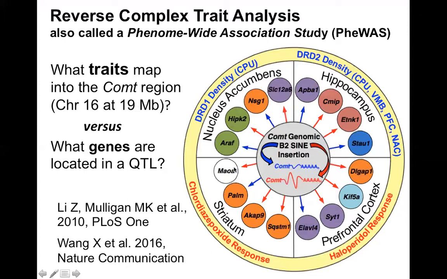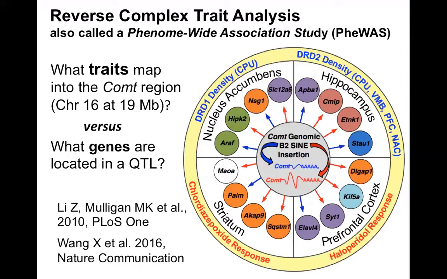And you can see here, for example, that monoamine oxidase is controlled by catechol-O-methyltransferase. And we know that that's a causal relationship because we can do the genetic mapping. And the genetic mapping says that the variation in this gene is directly causal to the difference in monoamine oxidase expression. We can also go up a layer and look at protein levels. So here we're looking at DRD1 protein density. We can look at neuropharmacological responses to drugs such as haloperidol, etc. So this is a fairly new method.